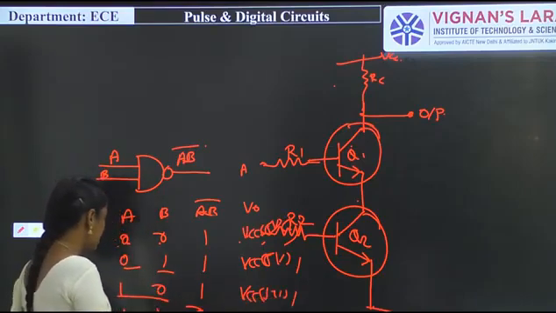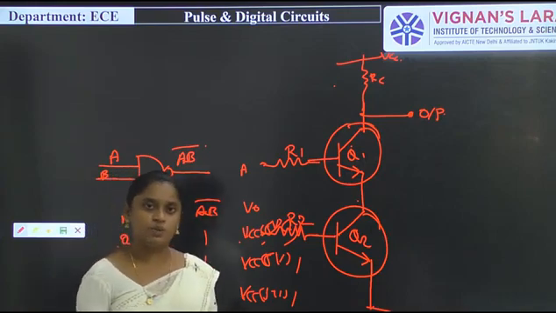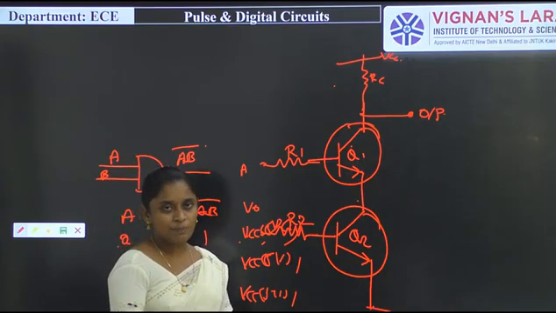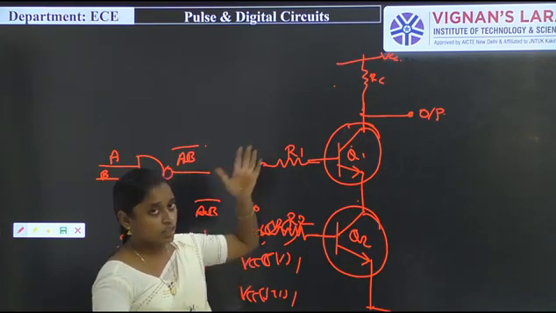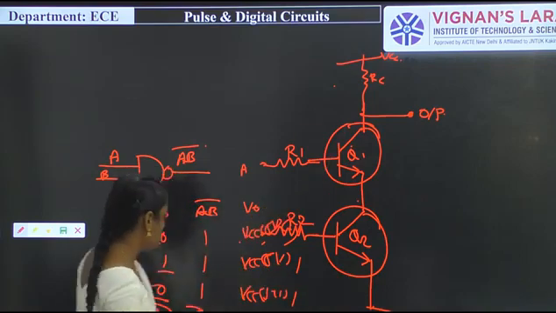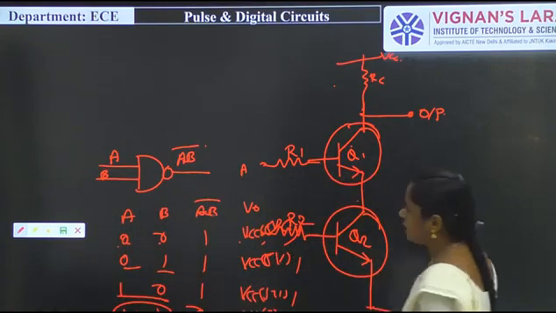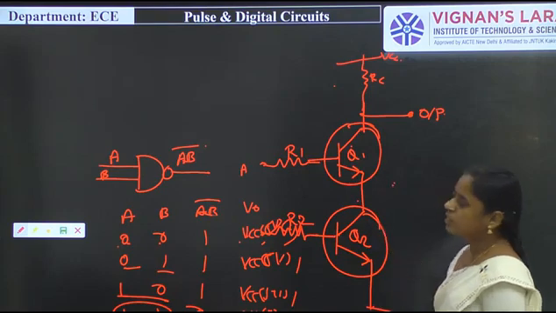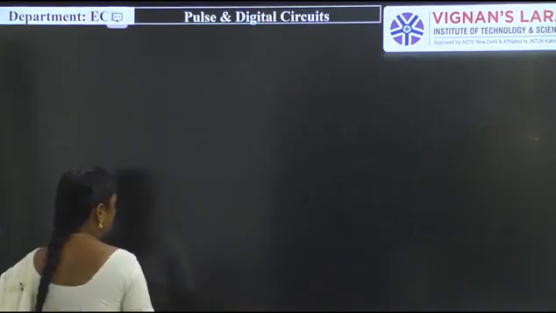So at the last condition, that is when both the inputs are 1 1. In that particular time, the transistor Q1 is in on condition and Q2 is in on condition. Simply we have to replace that with a short switch. There is a chance of reaching the VCC signal to the ground. That is, the total VCC signal will be grounded. That's why the output will be 0 volts. That is represented with the logic 0. Here I am connecting an extra NOT gate to this particular NAND gate. So it can be used as an RTL AND gate. So this is about the RTL logic.